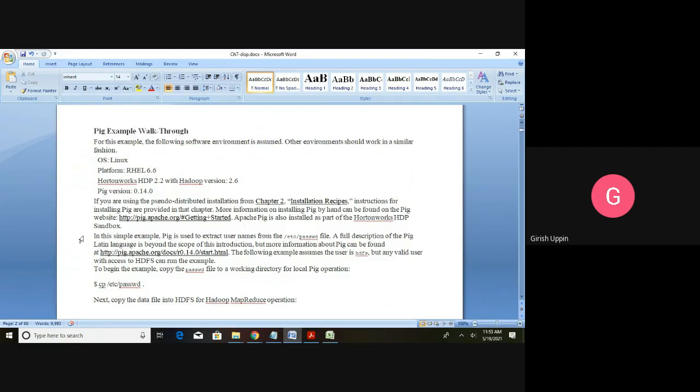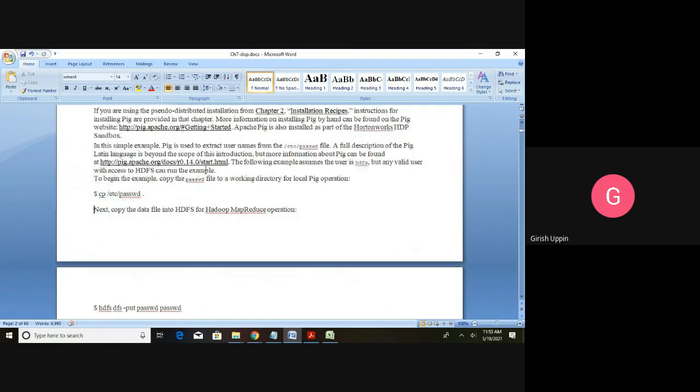So here is the simple example. In the example, Pig is used to extract usernames from the /etc/passwd file. In this particular application we are going to extract the usernames available in this file.